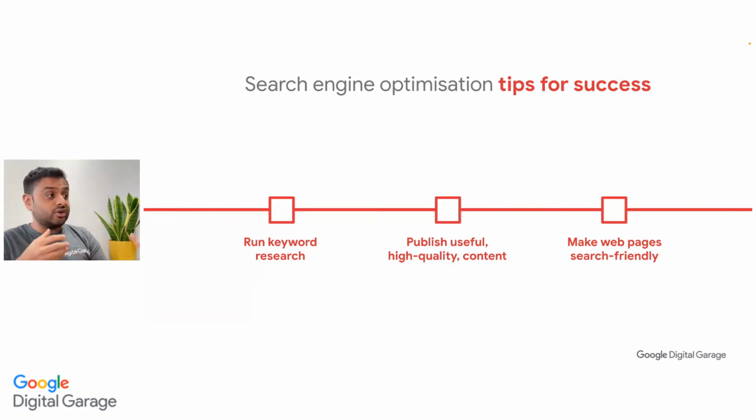Another tool that you can use to research keywords is a tool called Keyword Planner, which is a tool that is actually built into the Google Ads platform as well. So you don't need to run any ads in order to use that specific tool, but definitely recommend that you research and find out what keywords people are using, and that can be food for thought when it comes to incorporating maybe some of those words, so far as it is coherent enough, within the web pages that you are creating as well. Because remember, it's not a case of just Google finding your web pages, but also understanding your content within those web pages as well. You can also see we want to make sure that we're publishing useful, high quality content,